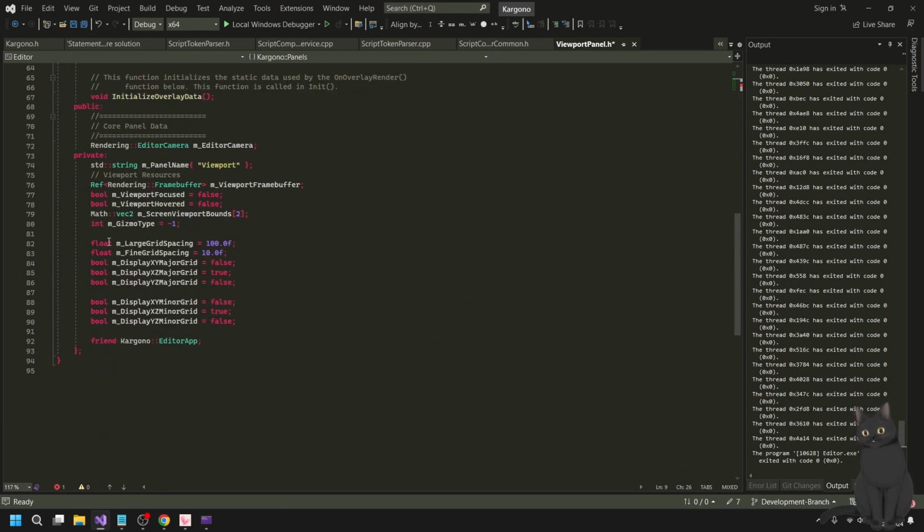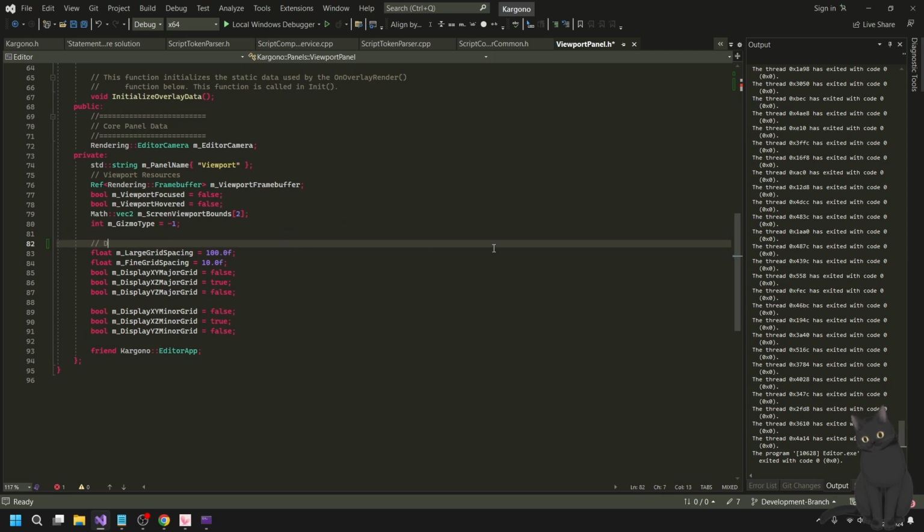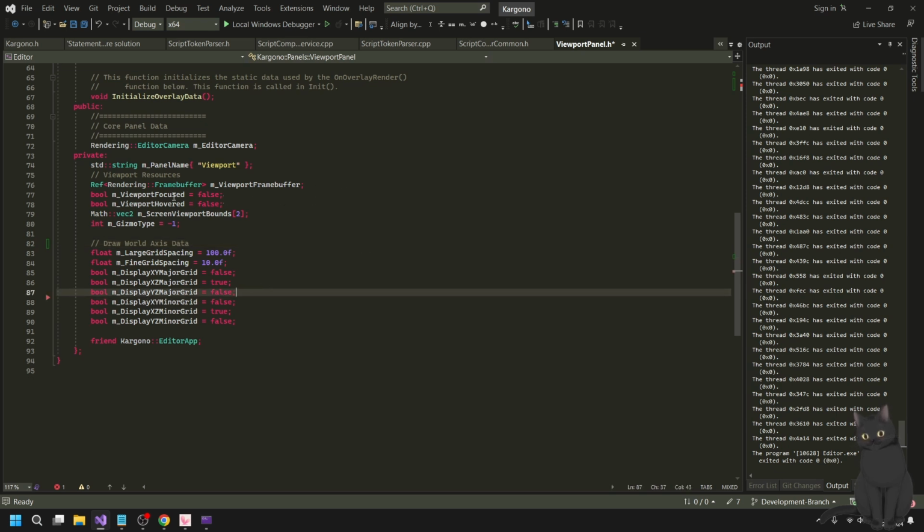It's a bit messy, isn't it? If I can sort this, draw world access data, and then we can put these together. And then here I'm going to put the draw debug lines data.